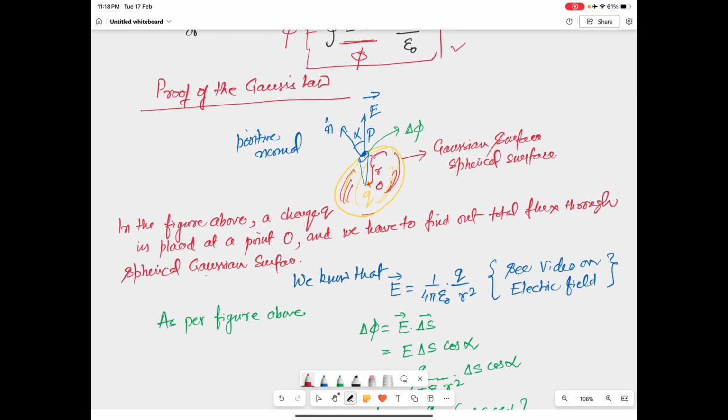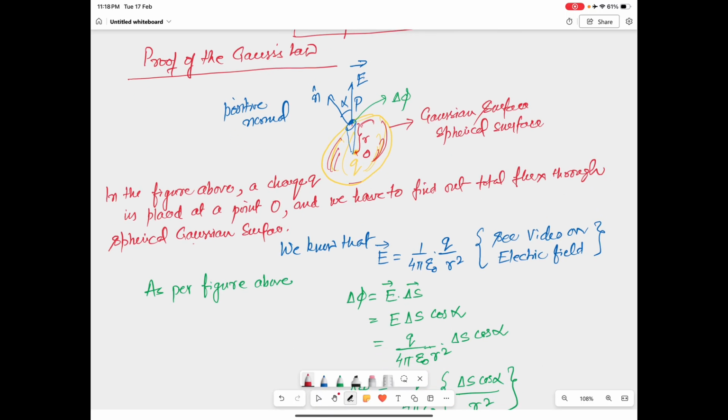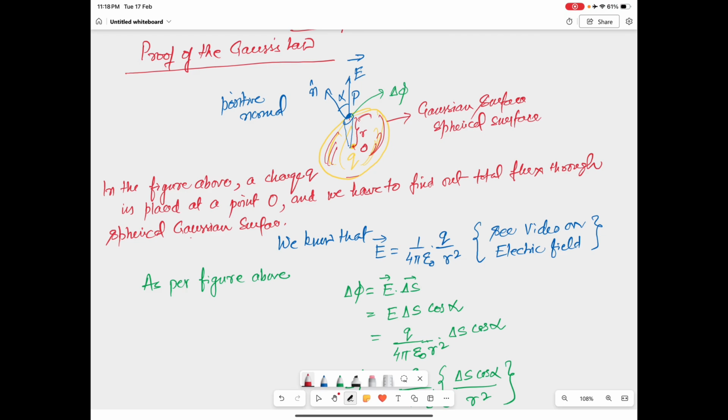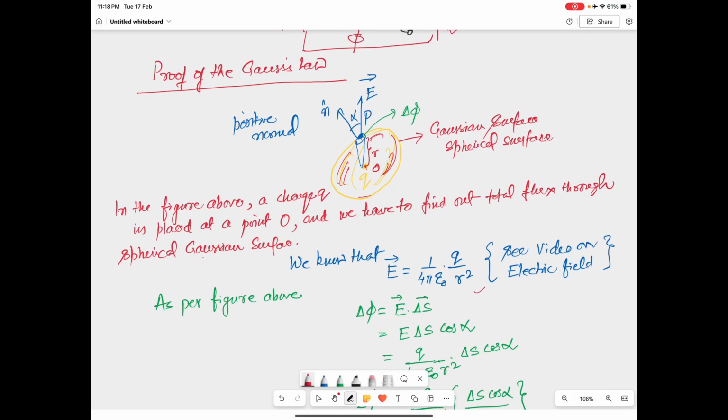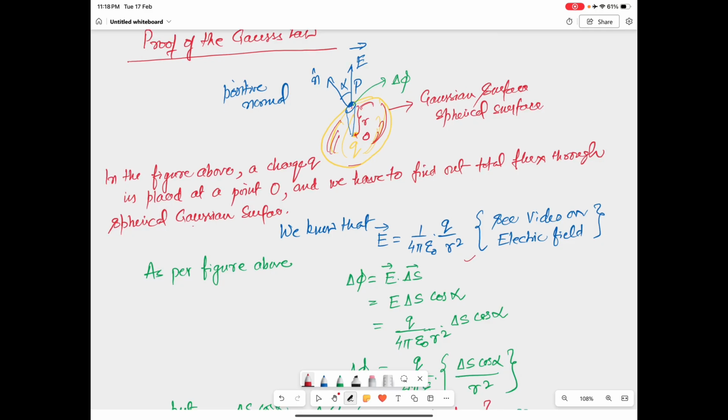We know that the electric field at a point P, at a distance r, is given by 1 upon 4 pi epsilon naught q by r square. You can refer to my video on electric field, where I have covered this. If there is a charge q, the electric field at a distance r is given by this formula. Now, as per the figure above, delta phi, the small flux through the small area, which I have drawn in green,